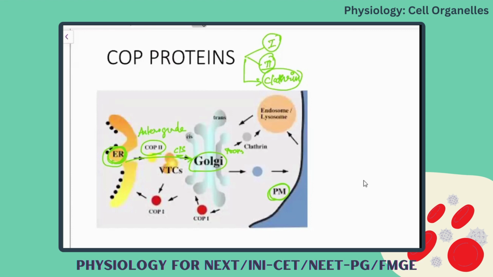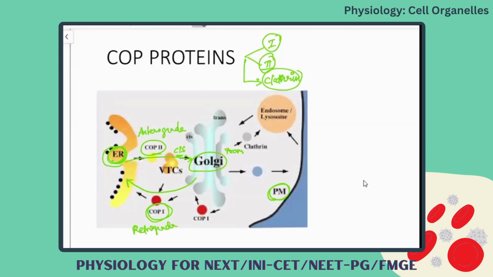So this will undergo a quality checking process. During that packaging in the Golgi apparatus, if it is not produced properly, improperly produced substances from the ribosomes, from the endoplasmic reticulum, will go back to the endoplasmic reticulum for reorganization. That is happening by the COP1 proteins. This is called retrograde